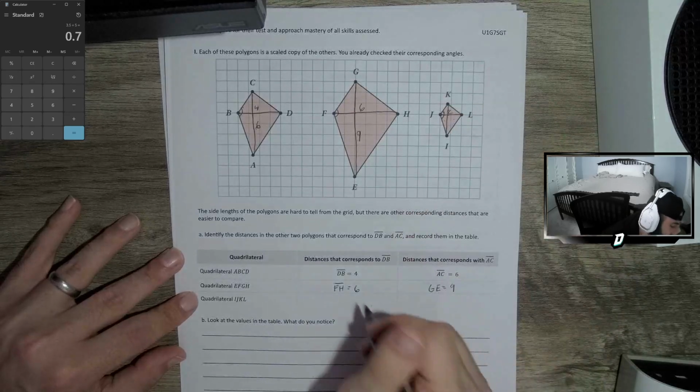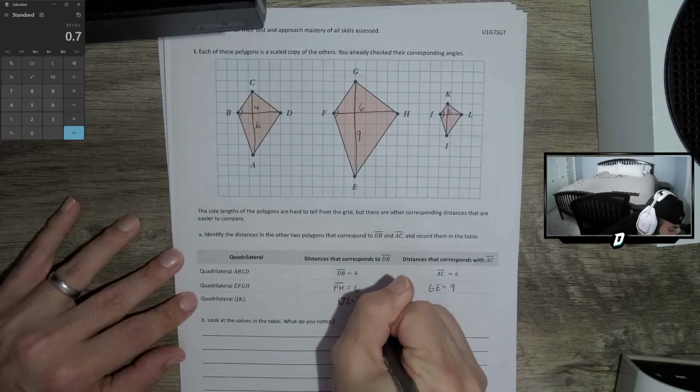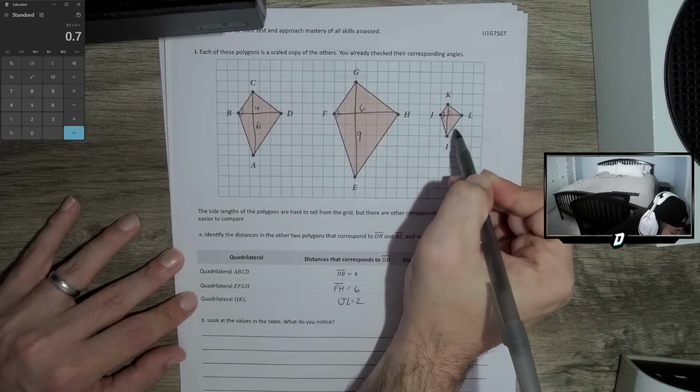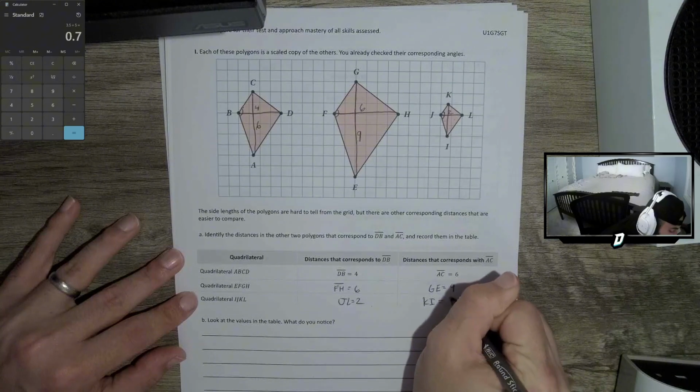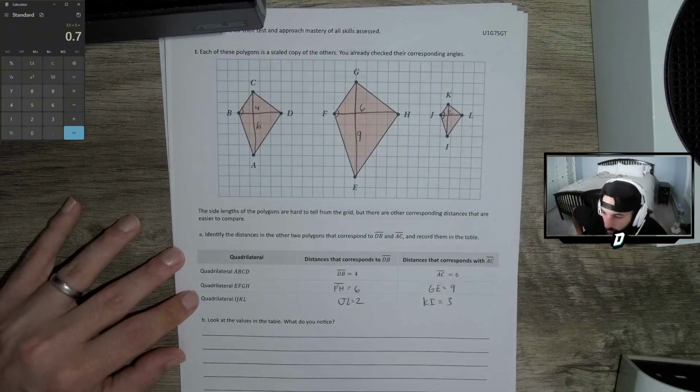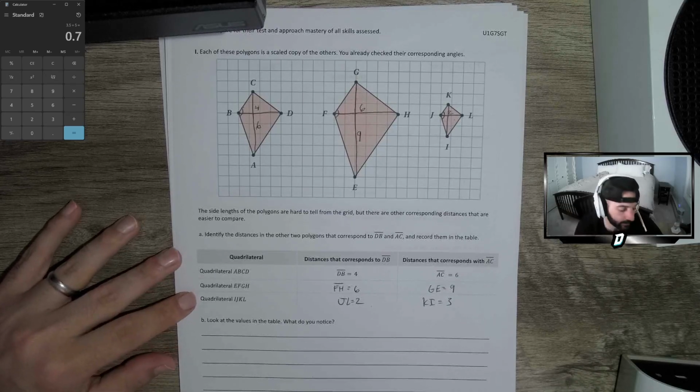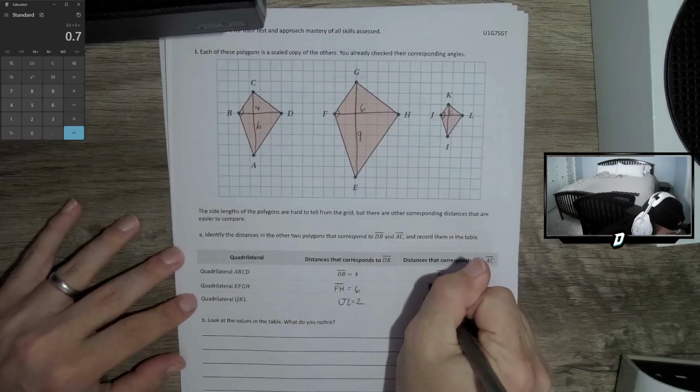And then JL is going to have a side length of 2. And then KI is 1, 2, 3. So KI will have a segment of 3. And so we can see here that if we were to try to figure out what's similar with all of these,